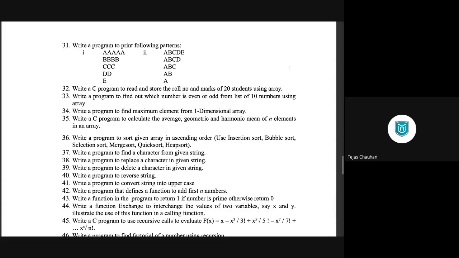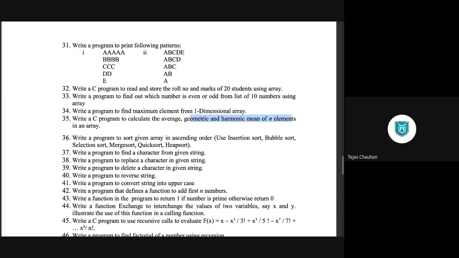Previously, we were working on normal arrays. We had gone through a number of programs related to arrays. A simple array: get some value, store it, print it, then get some values, store them, and make some calculations based on those elements. Finding even or odd, finding maximum or average, or geometric and harmonic means.